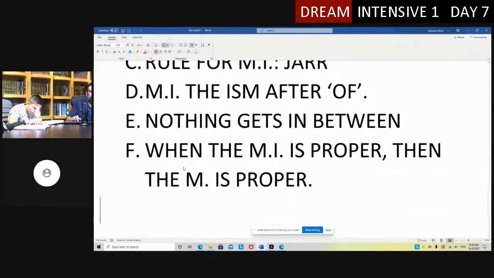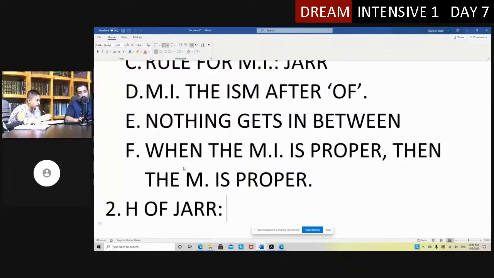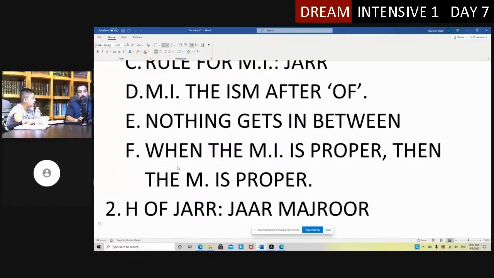Okay. So that was when we did mudaf and mudaf ilayh. That was the first fragment. Our second fragment was harf of jar. There's not much to say about them. Immediately after, whatever ism comes becomes what? Jar. Jar, yeah. And together, what are they called? Jar majroor. Good job. Jar majroor. I almost said Yajuj Majuj, but okay. Jar majroor. Very good. Can you go back? What are they? Jar majroor is